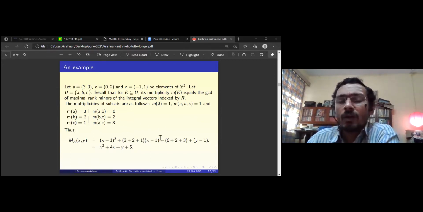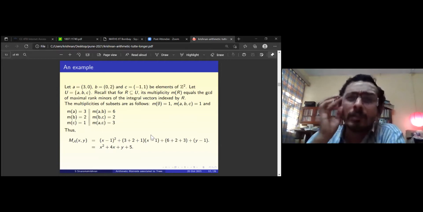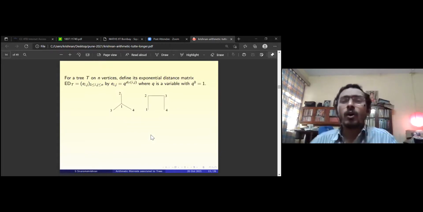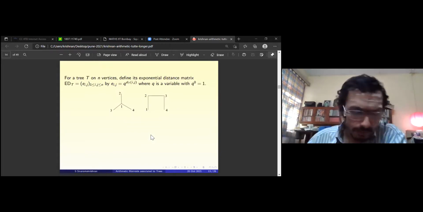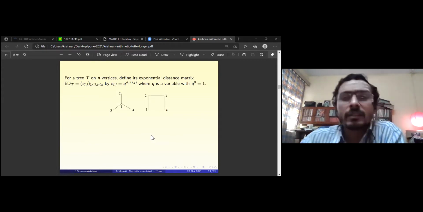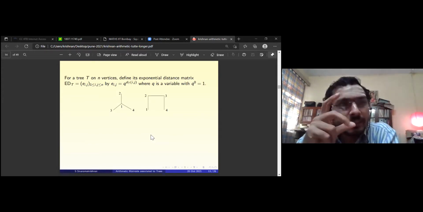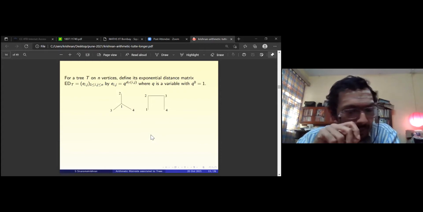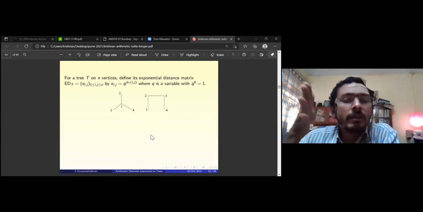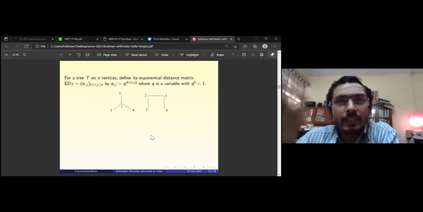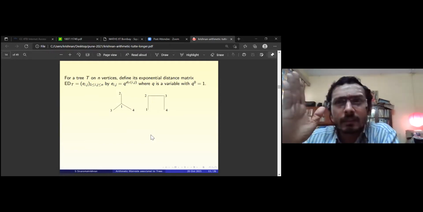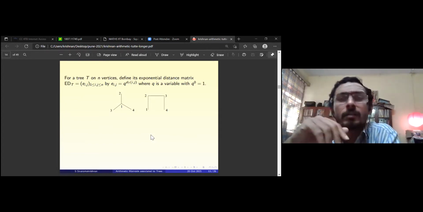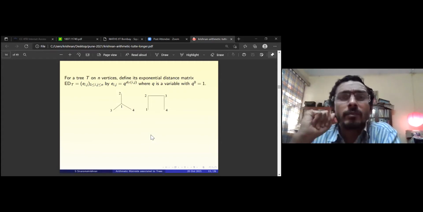All right. So this is a simple example of computing the arithmetic Tutte polynomial, and I'll now go on to the next thing. As we've seen yesterday, there are a lot of matrices that are associated to trees. I'm interested in finding out, if you associate a matrix to a tree and start with the list of column vectors of that matrix, and if the matrix is integral, you can think of them as a list of integer vectors and try to find the Tutte polynomial, the arithmetic Tutte polynomial, and so on. That's what I'm trying to do in this.